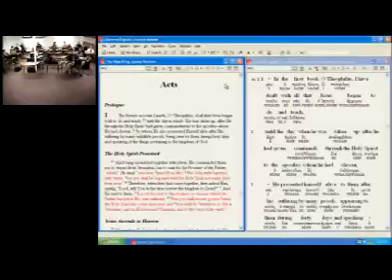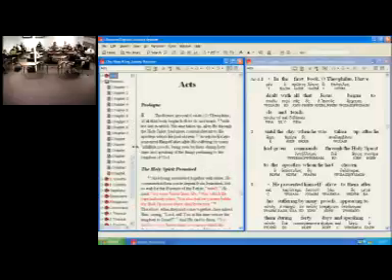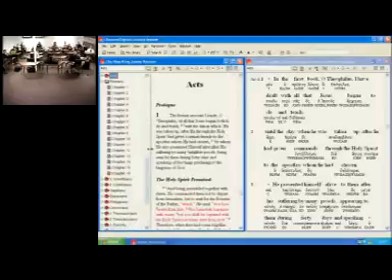These last two don't help as much in Bibles, but they're going to really come in handy when we start talking about the early church fathers and that kind of stuff. The first one is called Toggle Contents Page. And when you click on it, basically what it is, it's an index. It's a table of contents. That's why they call it the contents pane. You're looking at the table of contents for your